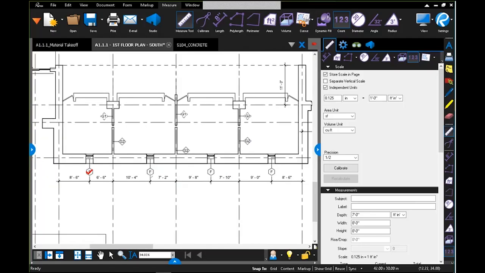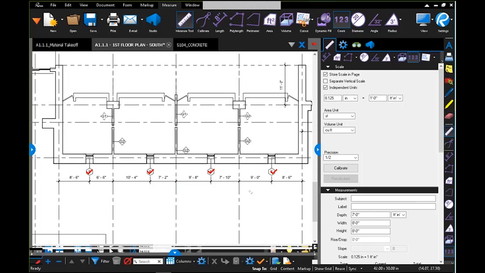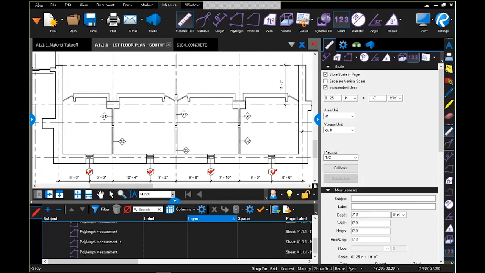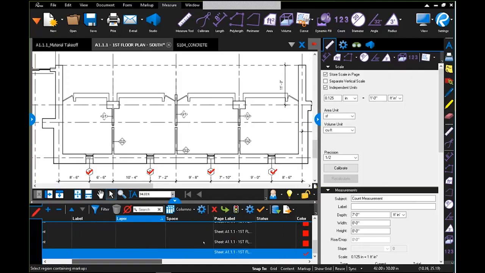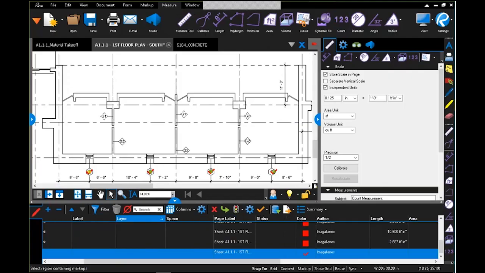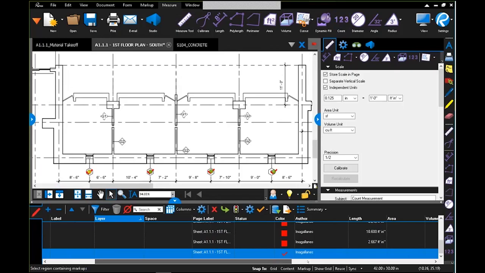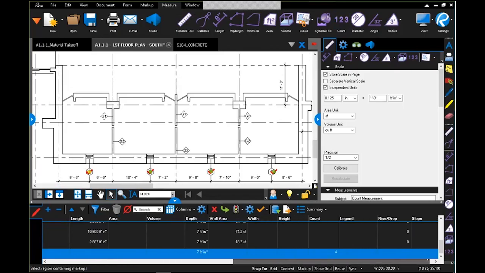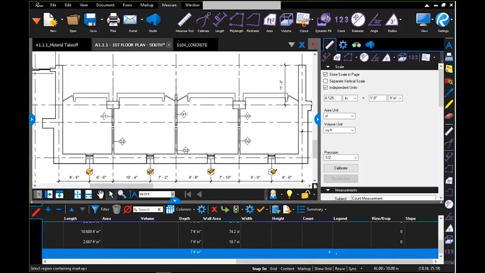So here I'm going to go ahead and just click through each one of those window symbols, and I know that it's 4. But the markups list below is also keeping a record of every single count that I'm taking. So in the markups list, let me go ahead and expand this markups list. And you can see that Revu has a total count of 4, which is exactly what I have here in